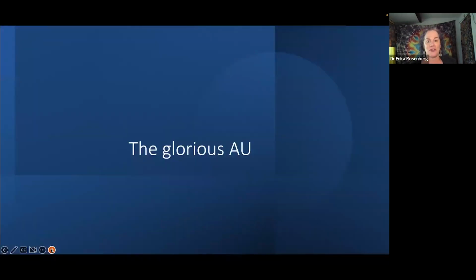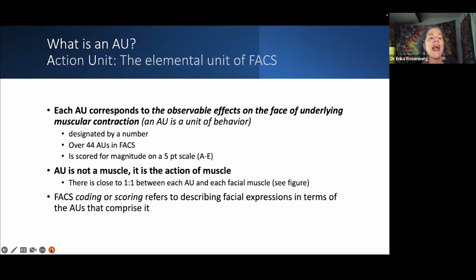Okay, so the cornerstone of FACS is the AU. You might have heard of AU. AU is the acronym for action unit. It is the elemental unit of FACS. Each AU, this is a definition of what an AU is, corresponds to the observable effects on the face of underlying muscular contraction. An AU then is a unit of behavior. And just to make this point in the second bullet point, AU is not a muscle. I think even within the behavioral sciences, some people treat AUs as if they're muscles. You can look to, and we will look to, the underlying muscles behind every AU, but the AU is a